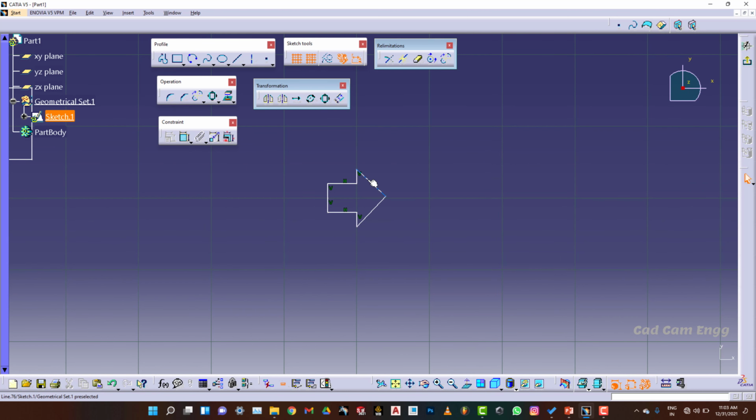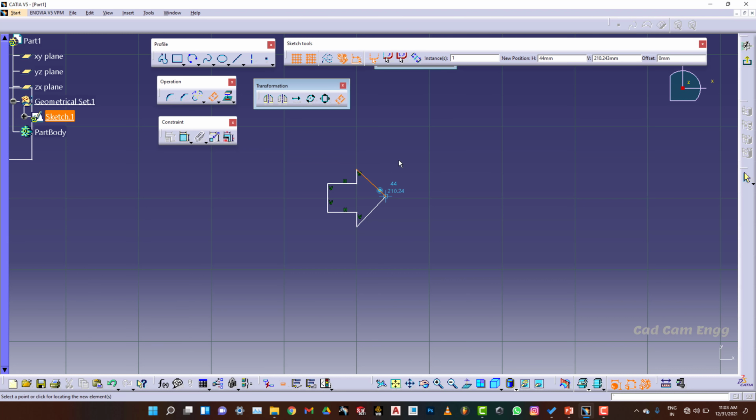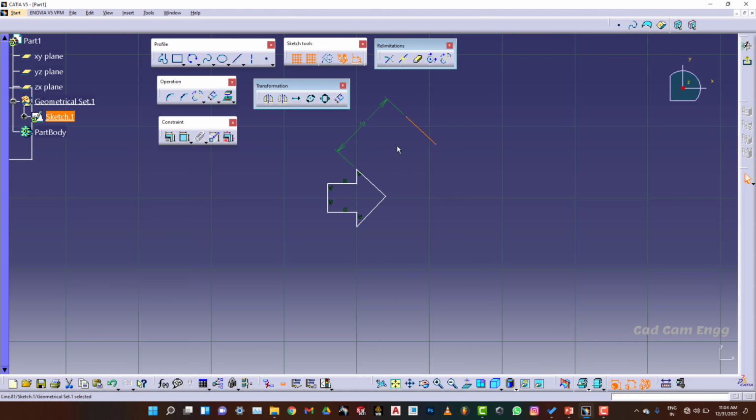And then if you want to offset only these two lines like this, you have to use the offset button. Offset you are giving and then select the line which you want. After that select the offset distance; I selected 10 mm, so it came as 10 mm. Okay, like this offset will come. Okay, here we completed our transformation tools also.